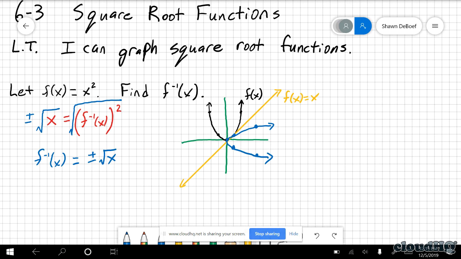There we go. Okay, so you see it there again. Today we're not really looking at inverses anymore, but you can see that there's a connection to what we did last time. We're going to just look at the graph of a square root. So not the two of them combined. We're not going to end up with the full sideways parabola. We're going to have just one of them, one or the other.